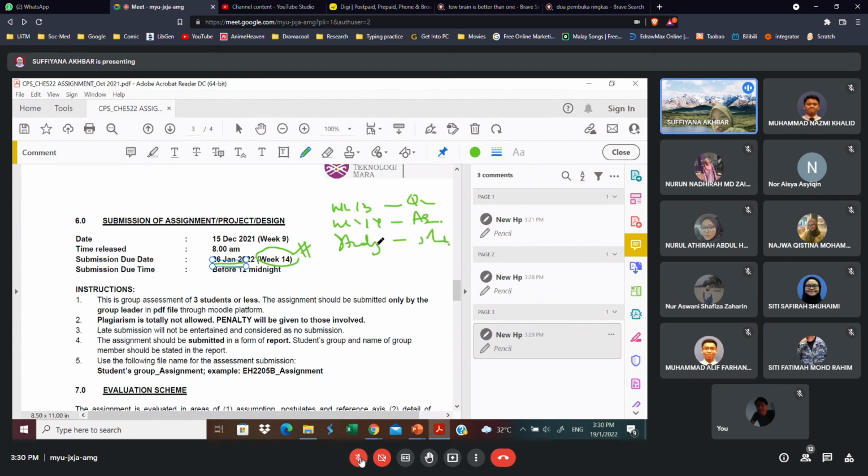Dan kita tak ada study week lagi tau, terus masuk FA kat sini. And you punya CHE522 ni, dia akan minggu pertama dalam FA. Minggu pertama lah. Jadi saya tak nak you kelam kabut. Kalau saya kata okay, tak submit pada week 14 ni, saya ubah kepada study week punya submission. Kalau you nak submit pada waktu ni lah you nak submit you punya assignment, waktu ni lah saya nak bagi lecture, and next week you nak periksa FA cover semua. Saya tak nak macam tu, nanti kamu kelam kabut.